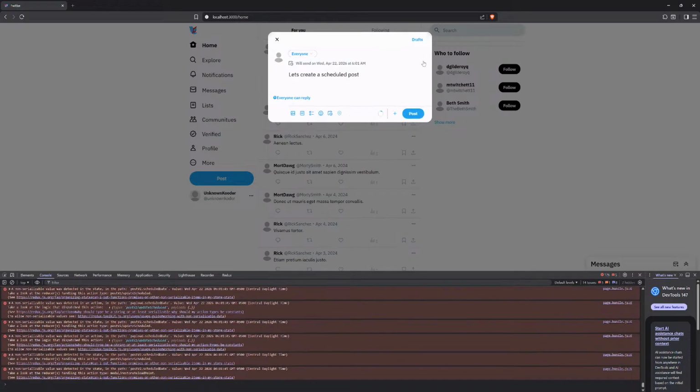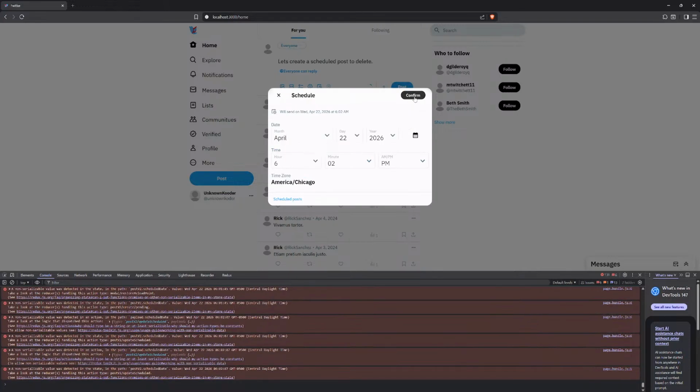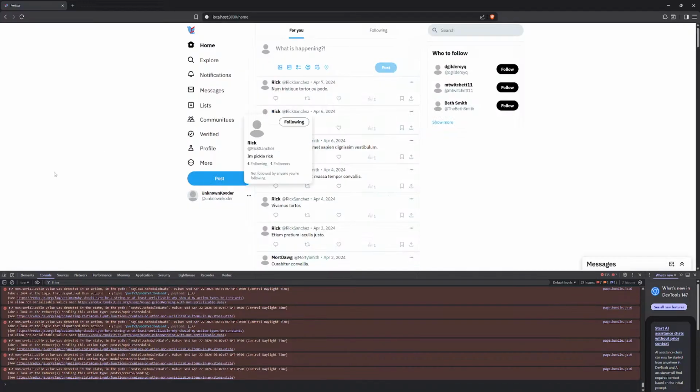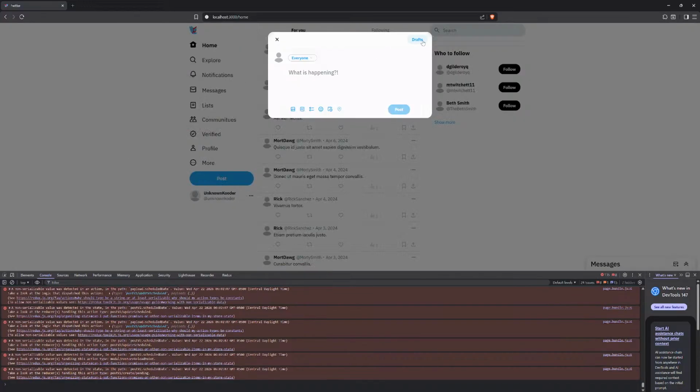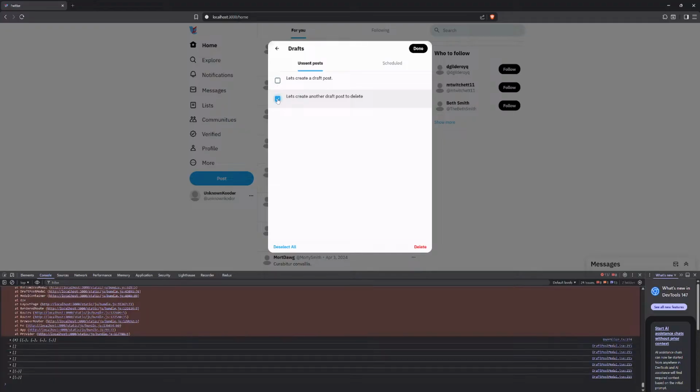Sure. Post. Let's create a scheduled post. Whoops. Post to delete. We'll delete one at a time, and then we'll delete multiple at a time. Okay, so now we have our post. Click on post drafts. We click on edit. We can go ahead and click on this. Click on delete. Delete probably also wants to say done editing or whatever, but